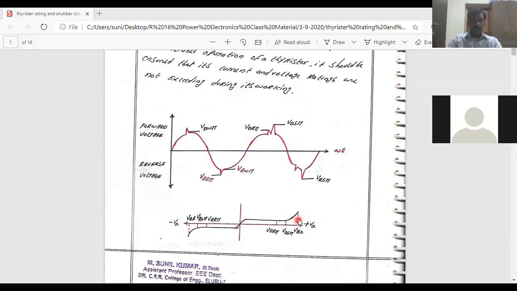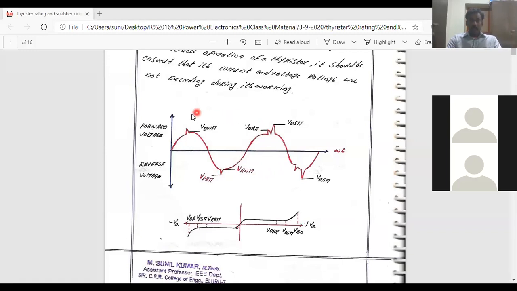Okay, but along with this, there may be certain values both for the forward voltage as well as for the reverse voltage, which need to be considered when the device is in the forward blocking mode. Those voltages and currents, some of them are going to be repetitive, some of them are going to be non-repetitive values, and some are going to be the working values.